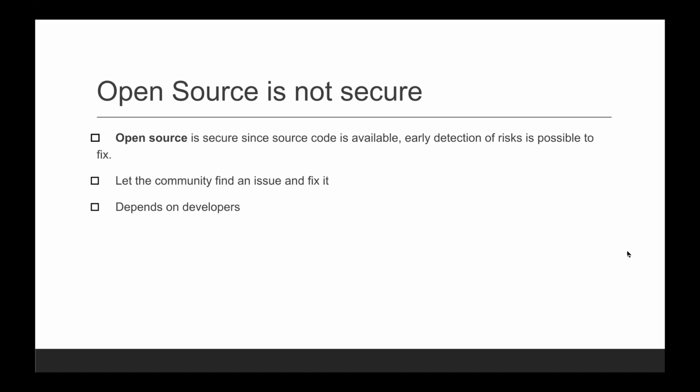And this is the developer model, as I have mentioned, that lets the community find an issue and fix it. And of course it depends on the developer: if there are some security issues and the developer is not willing to fix them, then it is not secure. But it's not like open source is not at all secure. Most open source products are very, very secure, as lots of research and development is done on them, and many developers have found issues and fixed them. So open source is pretty much secure. But again, before you use any open source product, check the issues, check with the developers, check with the community, whether it is safe to use or not, just to be on the safe side.